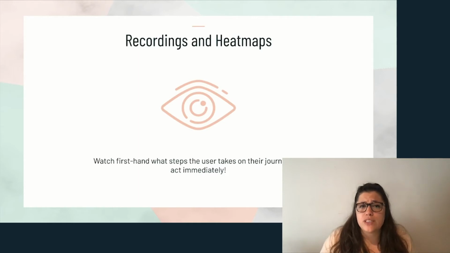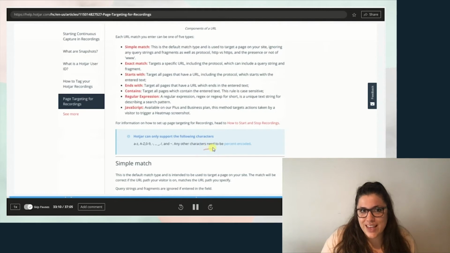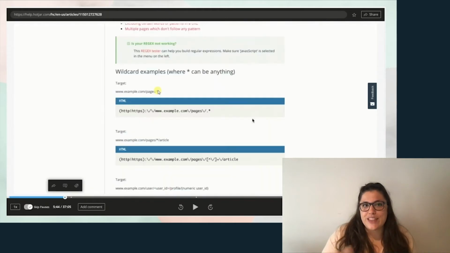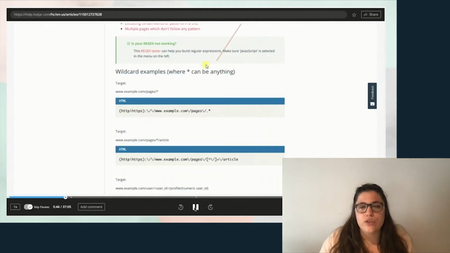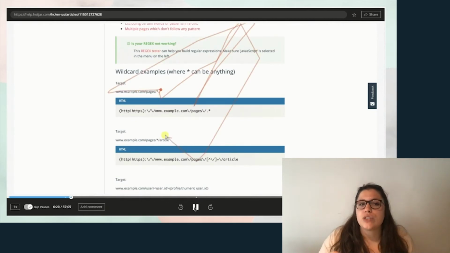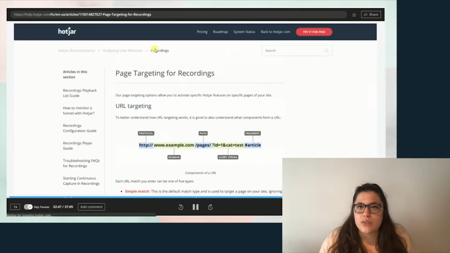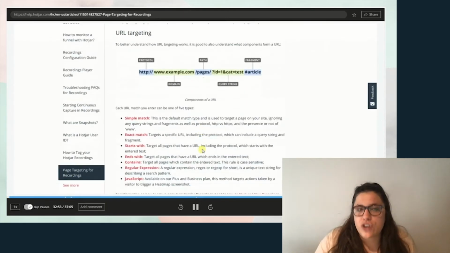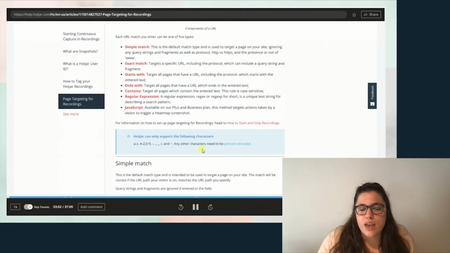Both of these give you options to essentially witness a user session as if you were watching them there in the room in the least creepy way possible, and I will show you. So this is a recordings tool, and this tool will give you the most content. There are a variety of tools to use to get this information, but ultimately what you have is a recreation of what the user did on your page and how they interacted with your elements, your content, and what they ultimately did in the end.